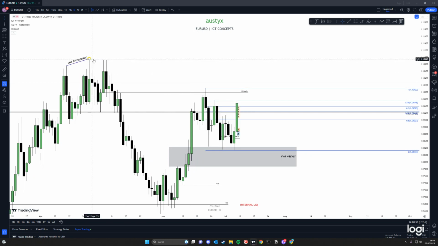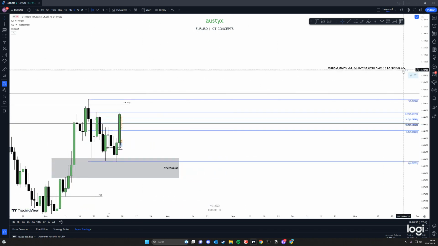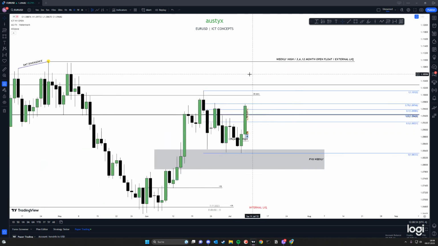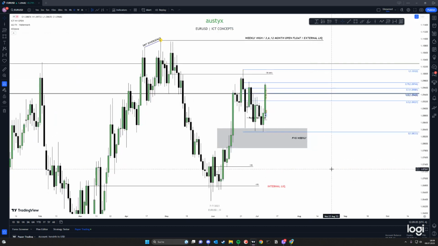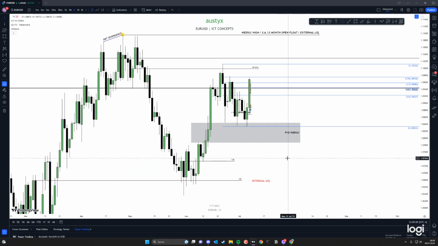And the next target would probably be this high, which obviously is of significant importance. Weekly high, 3-6-12 month open, that external liquidity, or our internal liquidity entry on the weekly order block, or the daily order block in this case. So yeah,